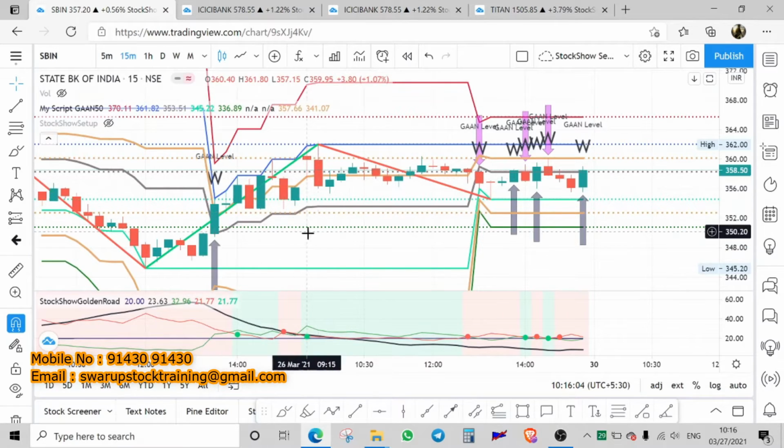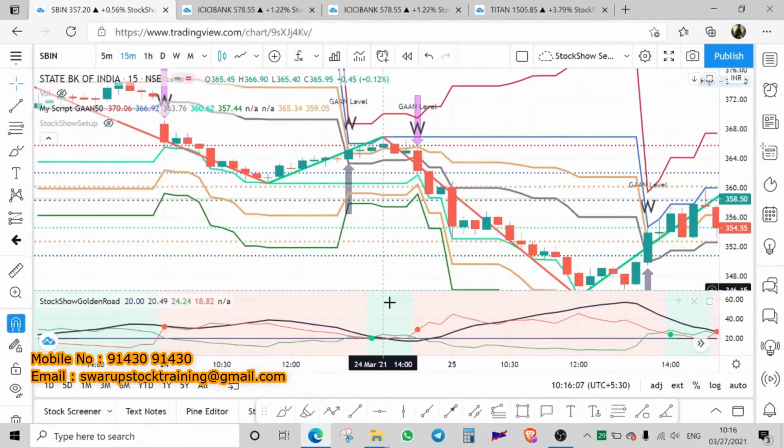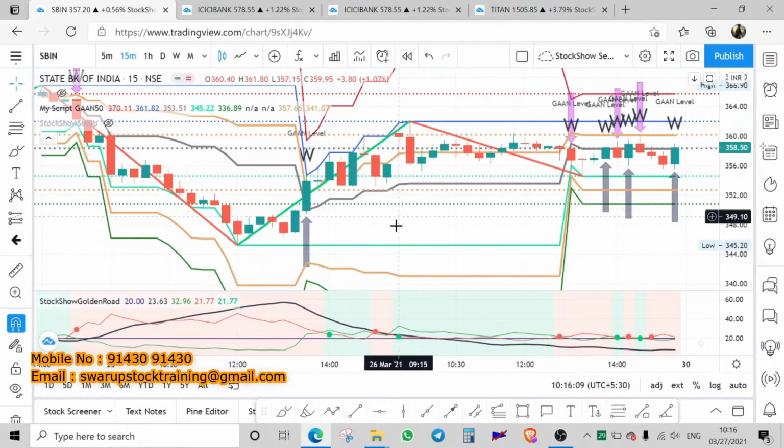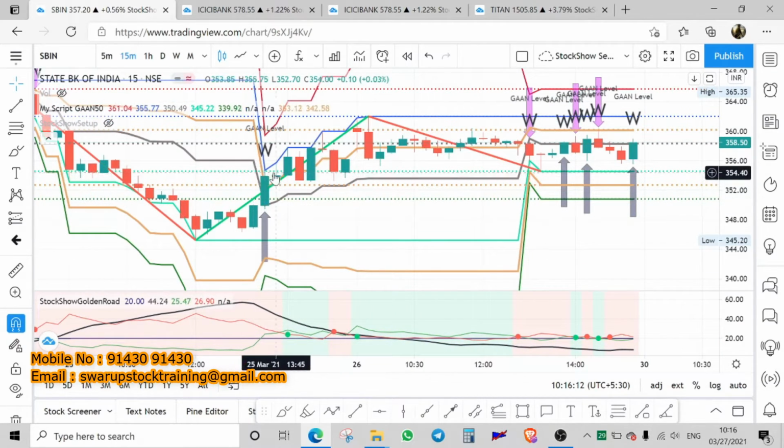So this is a Gann setup. Look how beautifully it has performed in the past. Automatically it is giving you a buy signal. So even if I do a blind buy here, not looking at any other thing, at the close of the candle, what is your buy level? 353. So therefore you can always ride the candle, and then you see here there is no generation of the candle, but the trend line has changed. If the trend line is changing, you can always exit the trade here. Once this particular big candle has been generated, you can always get out here at 356. So you will not lose money.